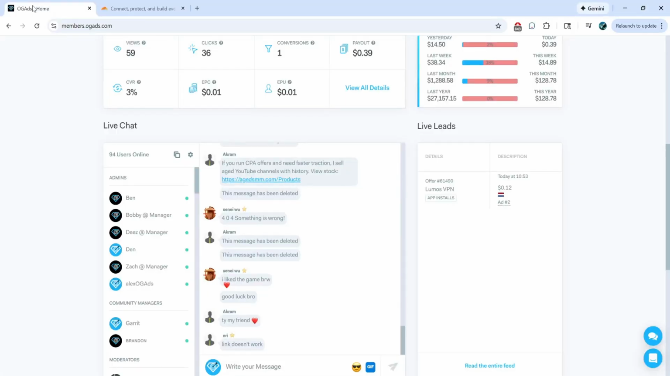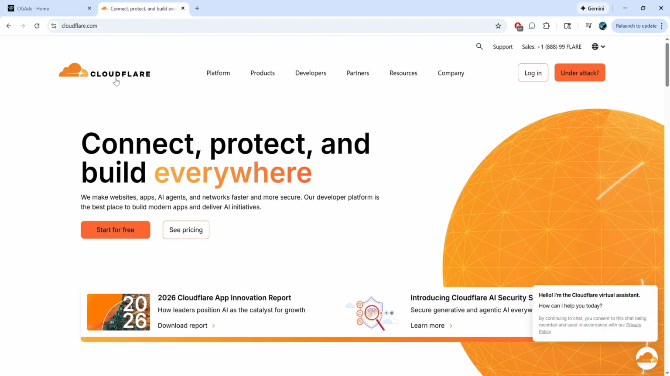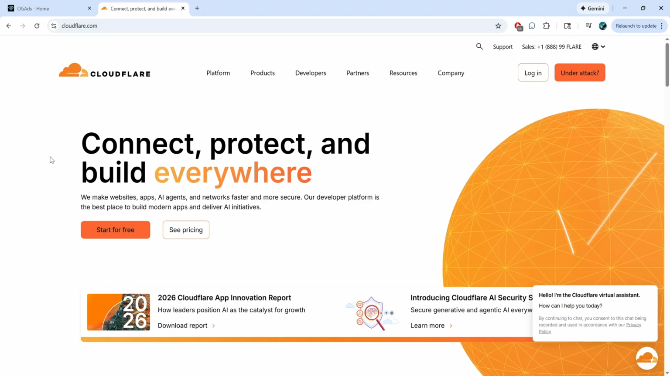Once you have your landing page ready and you are almost ready to start promoting it, there is one more thing that I would recommend you doing. Now you should sign up for Cloudflare.com. This is a service that I use for all of my domains. It is completely free. What it will do, it will protect your website from being DDoSed,